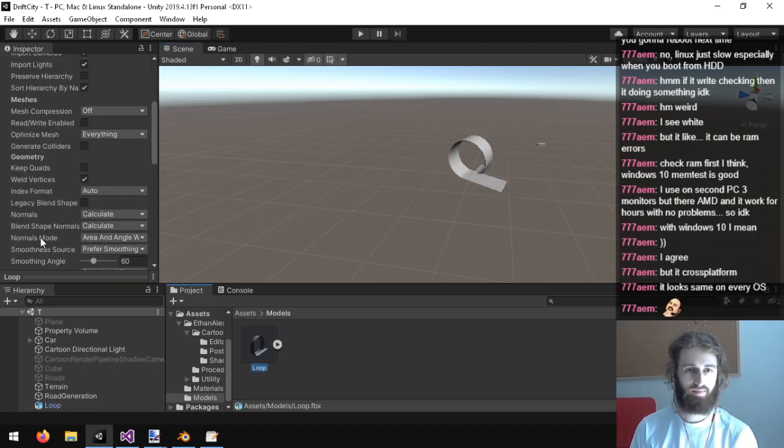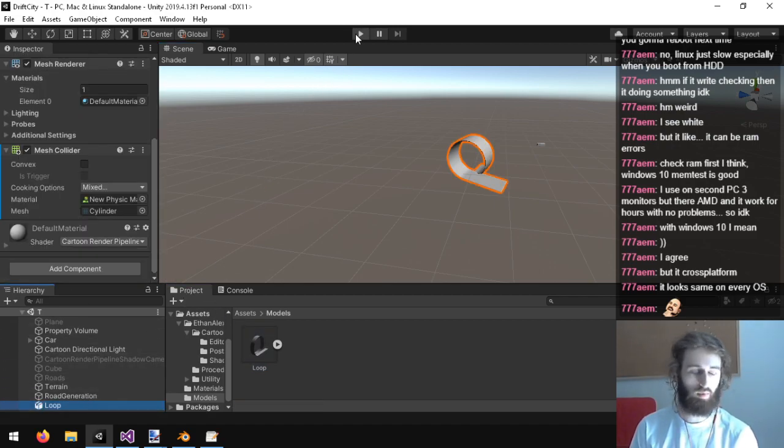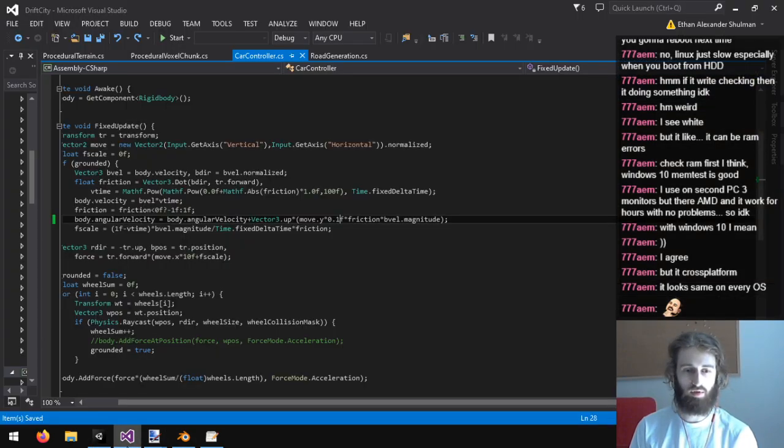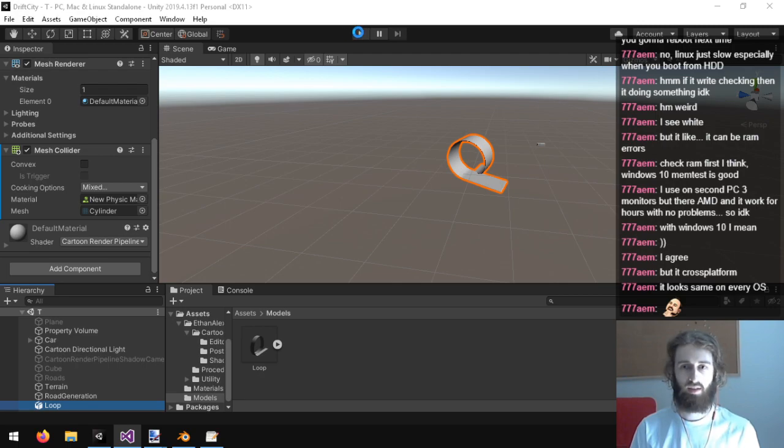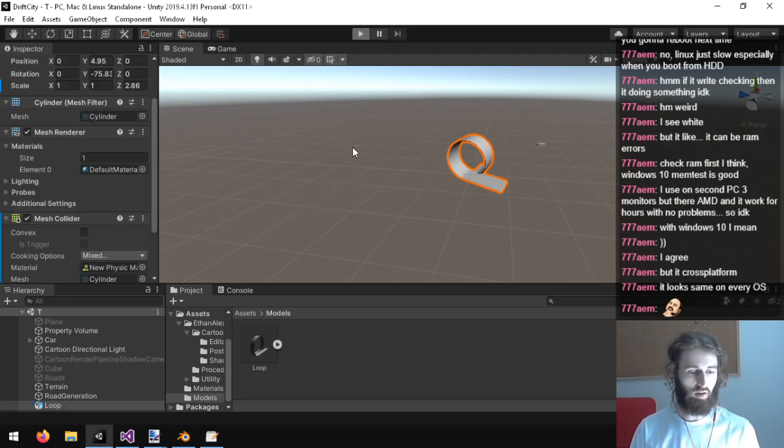But I feel like that's way too big of a solution. I feel like there has to be some little way to just make a simulated car with a rigid body.